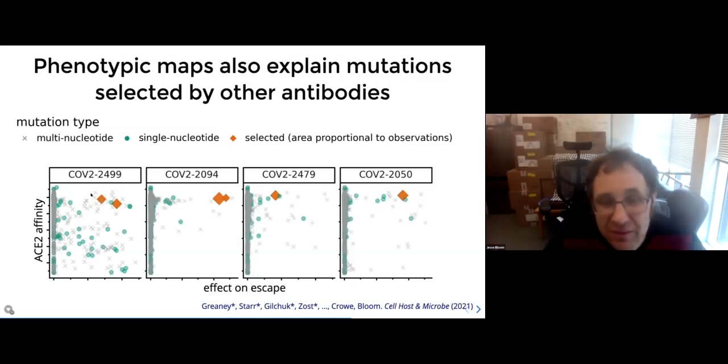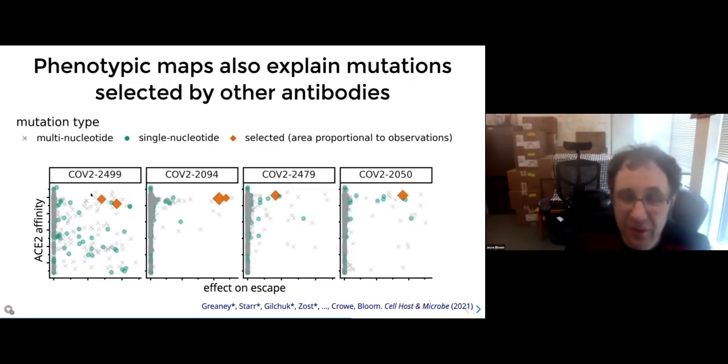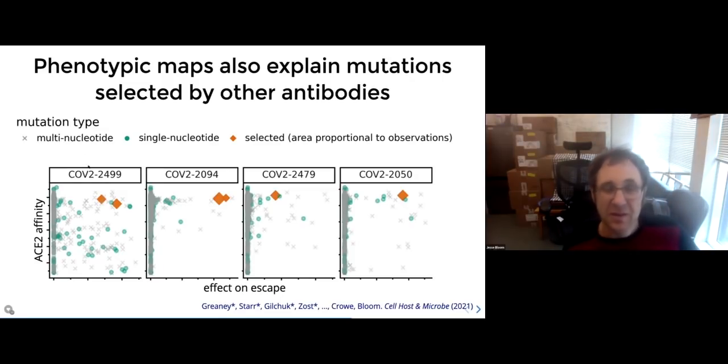And in fact, we've done similar experiments for a number of other antibodies. What we consistently see is that when the virus is grown in the presence of the antibody, it escapes via mutations, in every case shown in red, that are basically as far in the upper right as it's possible to get, given the particular biochemical constraints on the phenotypes of these mutants. So I think this is cool that just by looking at these biochemical phenotypes, we can actually gain a lot of explanatory power to understand how the virus evolves under a particular selective pressure.